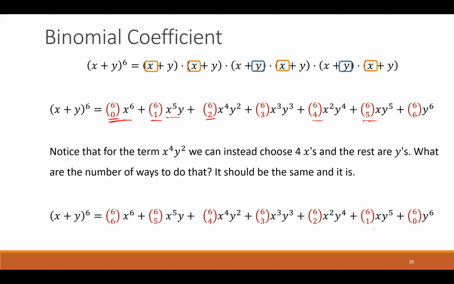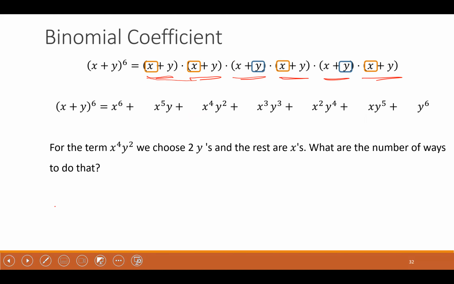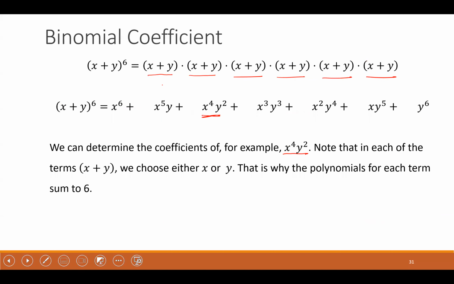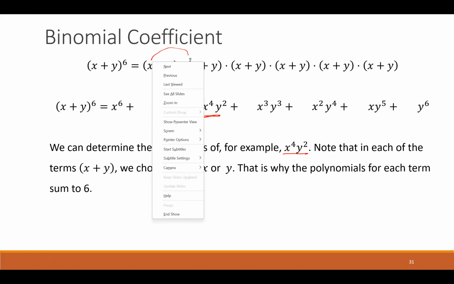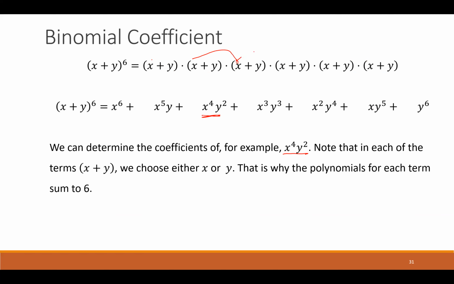So in this case, I figure out all the different ways that I can multiply these together. Each time I multiply them together, I'm distributing these values. So I choose x times x times x times x. So it's basically an expansion of this thing. So each of these I choose,